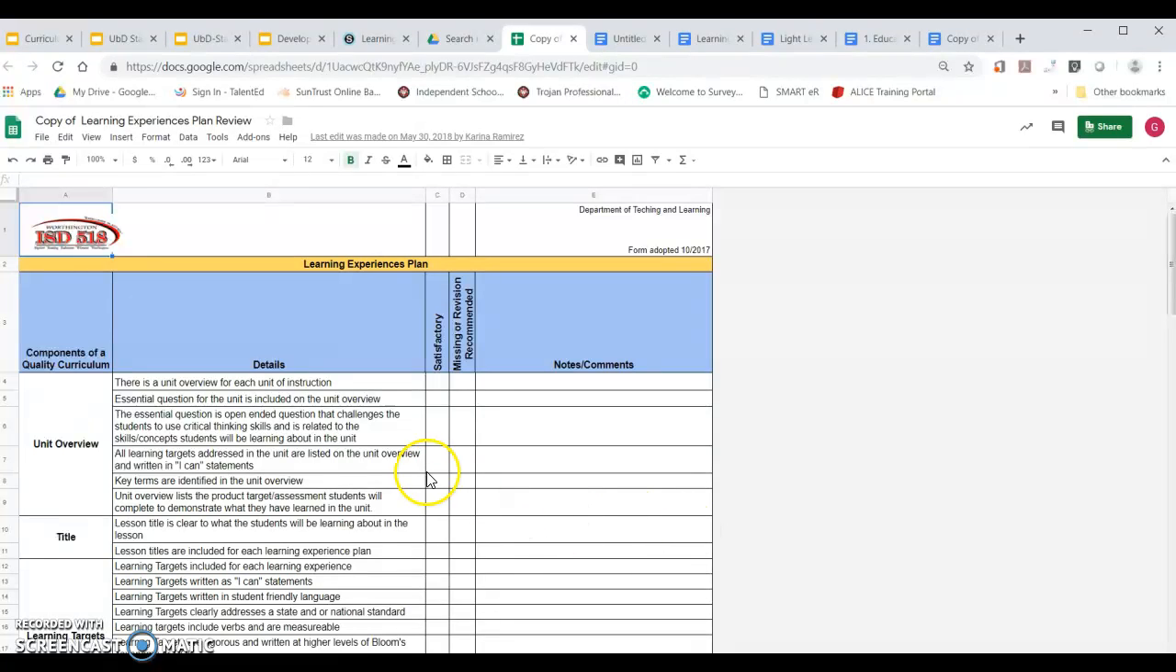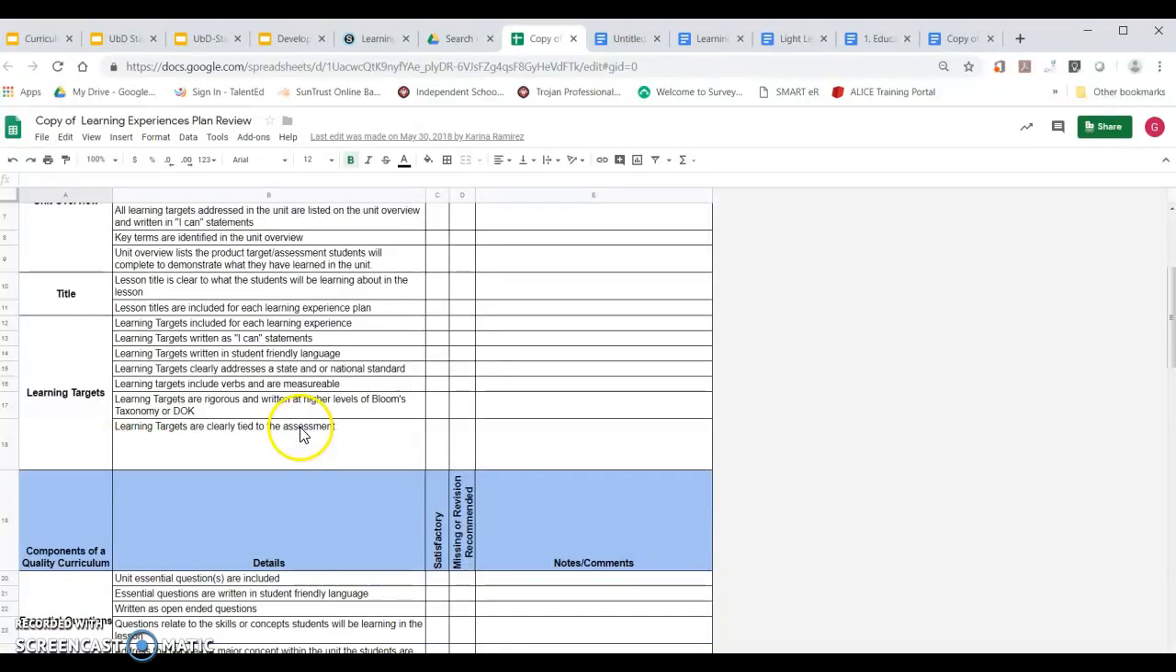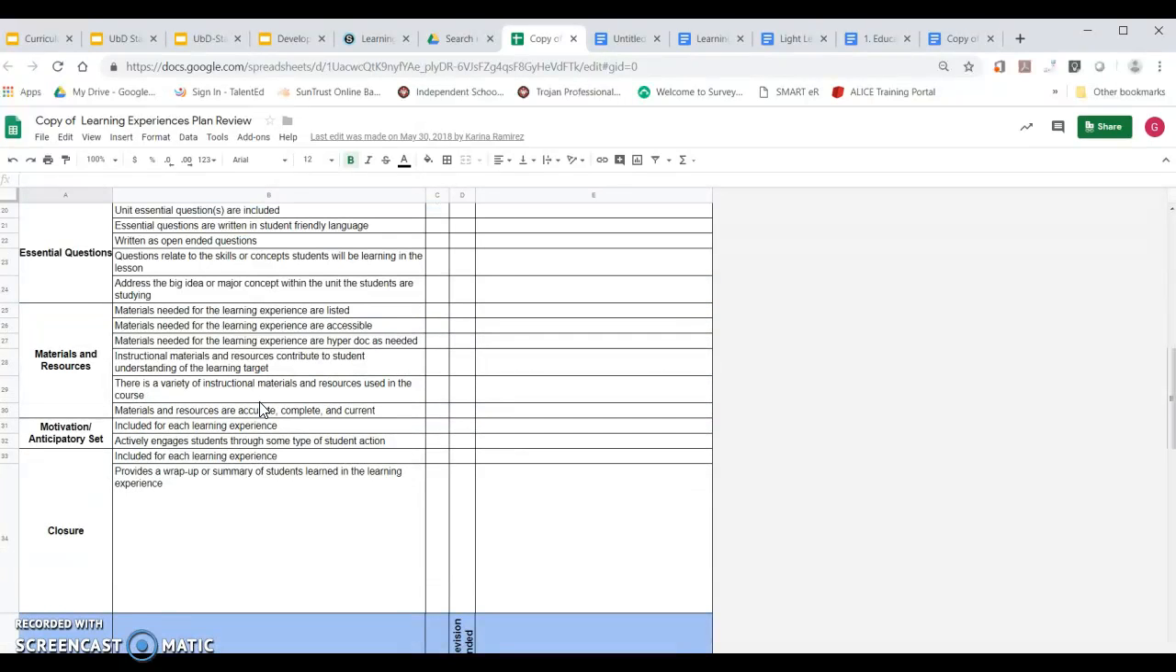So after all the learning experiences are completed, this is something that we go through just to double check that we've hit all the components of this UBD process. Like we were talking about earlier with the learning targets: learning targets included for each learning experience, written in an I can statement, in student-friendly language, addressing standards. It has verbs that are measurable, so it's just going through with this. It takes you through every portion of that learning experience so you can see those different things that are being